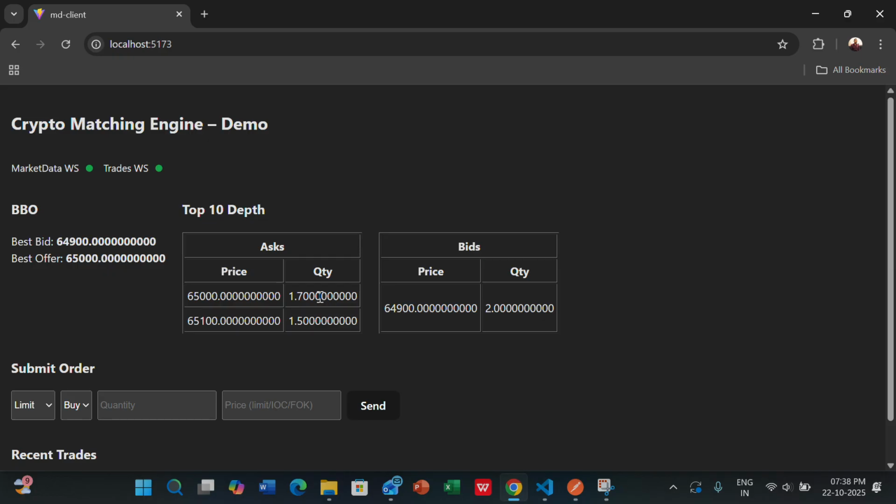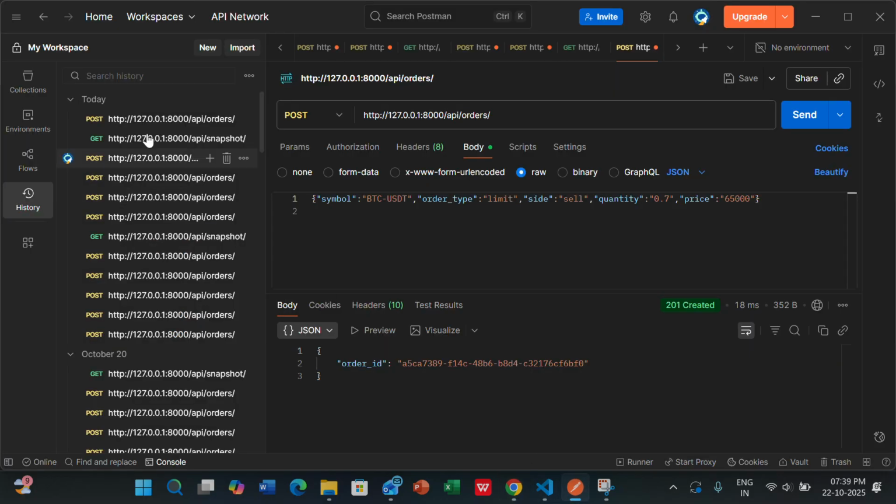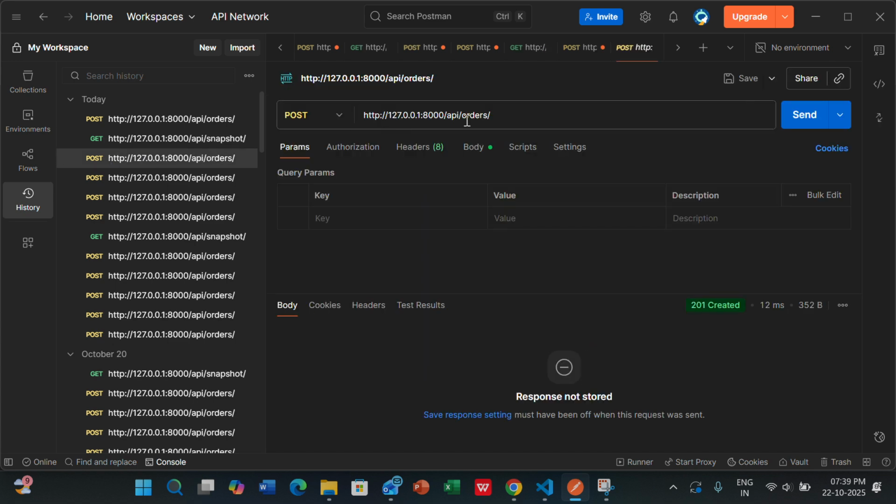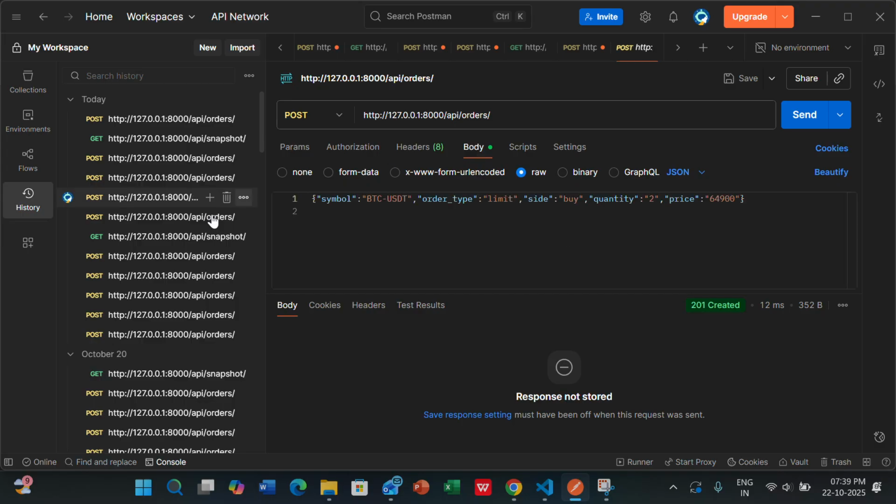It has a FIFO queue. So the first order that I mentioned, the quantity of one, will be consumed first, then the 0.7. The total quantity is shown for simplicity for this particular price. So now if I hit this once again,